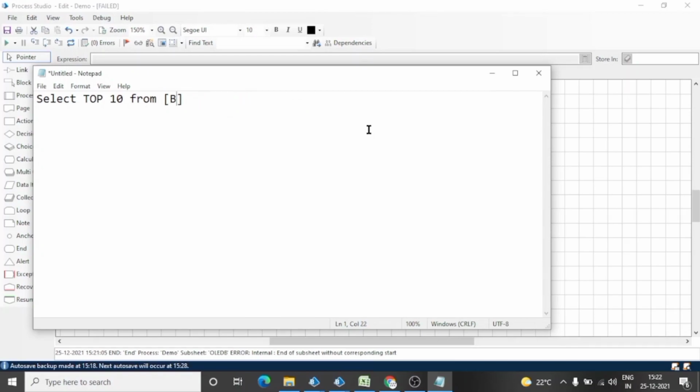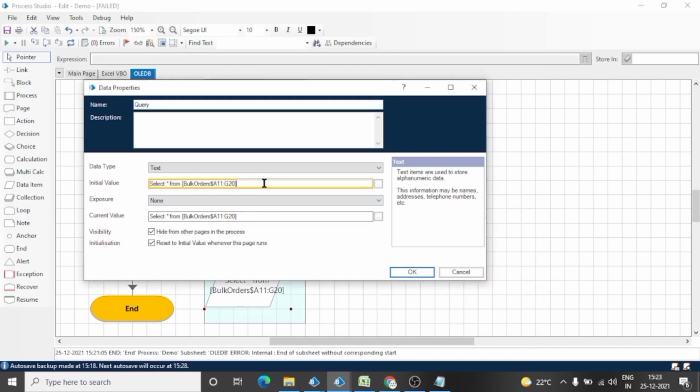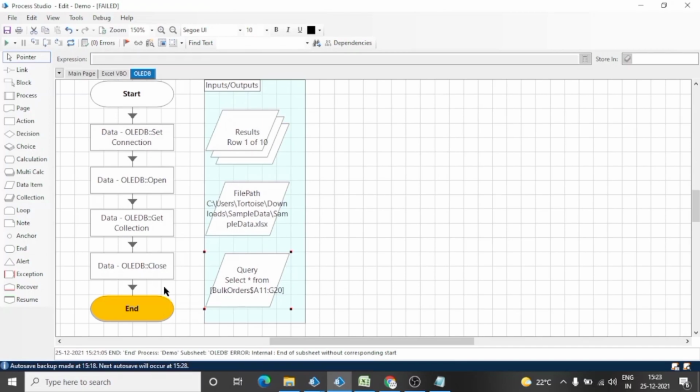And let's say if we don't use this dollar sign and give a new orders, I think this will not work, because this will work in an insert command. When we insert the data, it will create a new sheet and enter the data in that sheet.